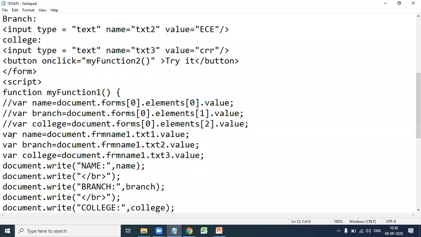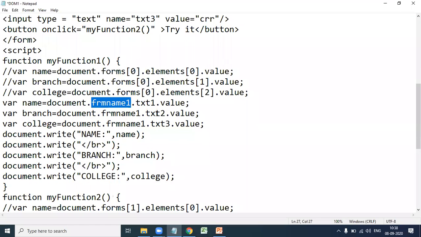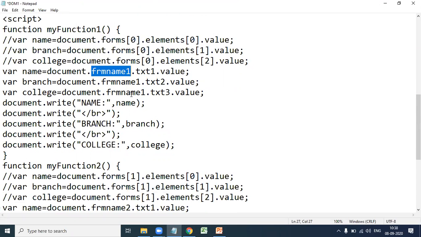So the second way is accessing the elements in HTML using the name attribute. In the HTML document there is a form with name FRM name 1, and in the form there is an element with name txt1, and we are accessing its value. In a similar way, txt2 dot value, and FRM name 1 dot txt3 dot value.